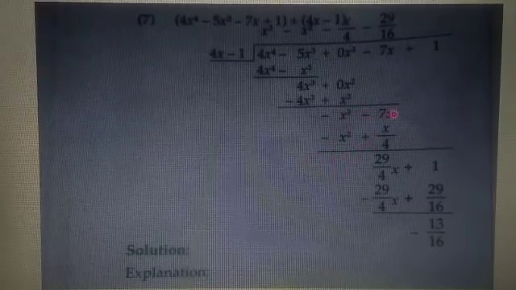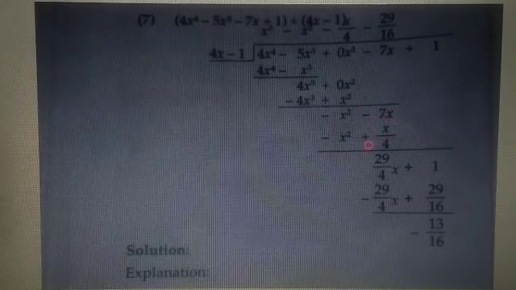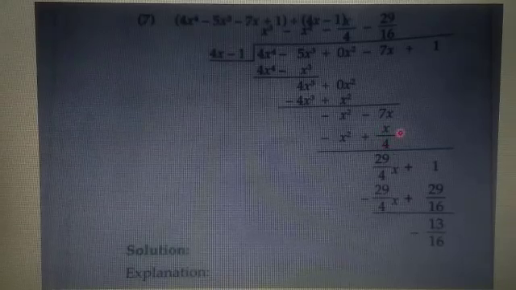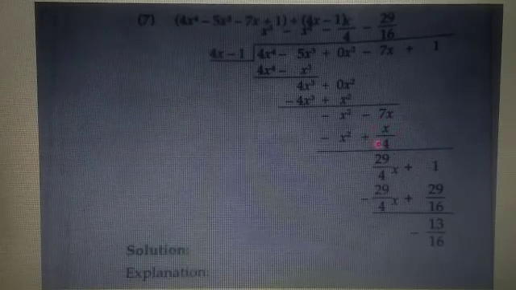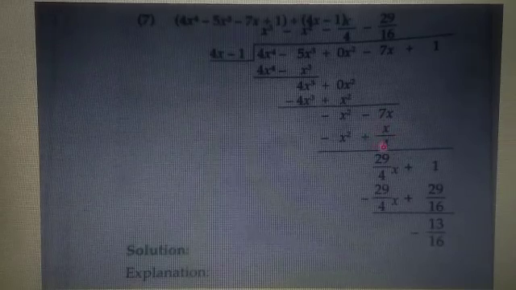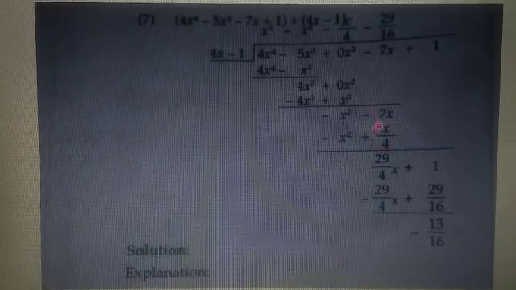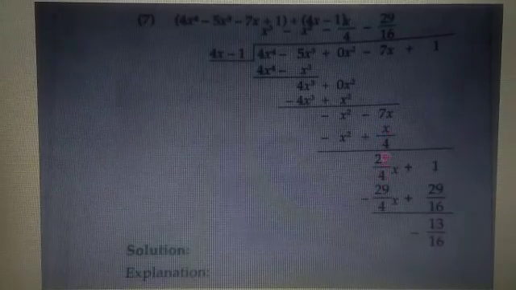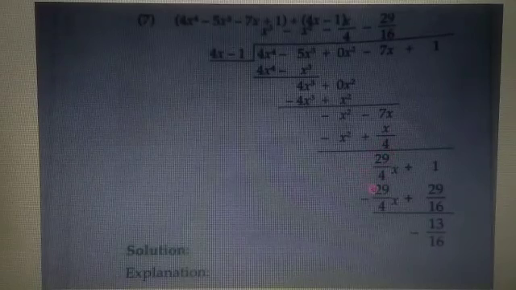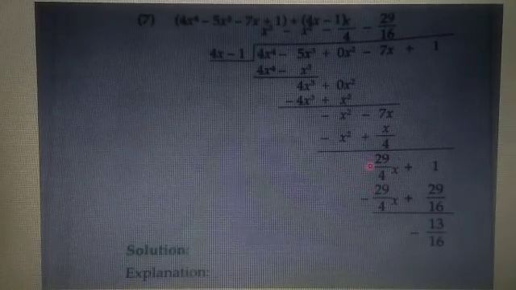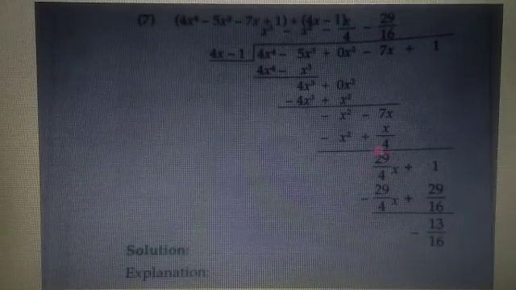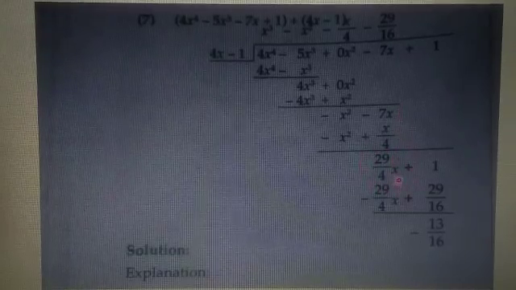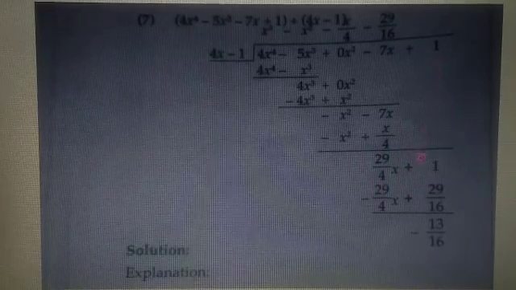Now here minus 7 is there, and here also minus x upon 4, means what? 1 upon 4 into x. So here minus 7 and minus 1 upon 4 we will subtract. So minus 7 upon 1 we will write, and 1 upon 4. As we do the cross multiplication, we get minus 29 upon 4. Here the minus sign is not printed. Minus 29 upon 4 we get, and x is here, so x. And plus 1 is left, so write down plus 1.